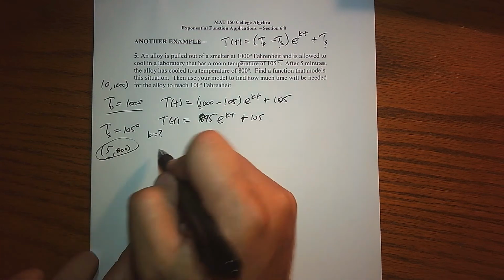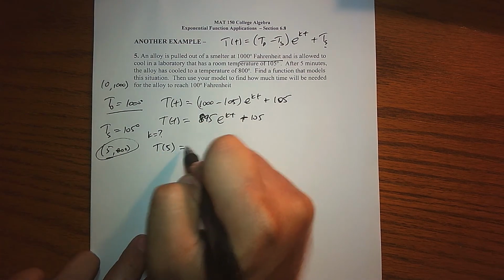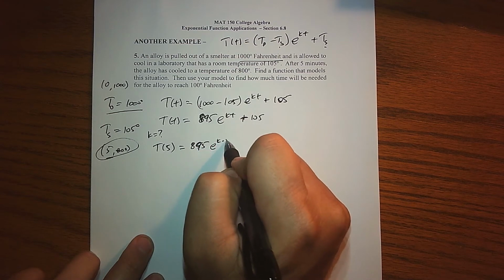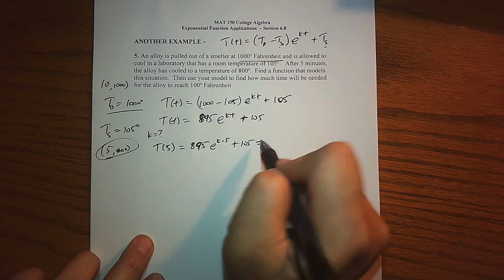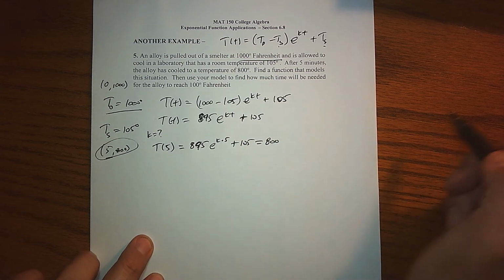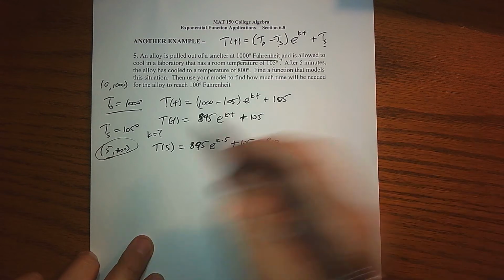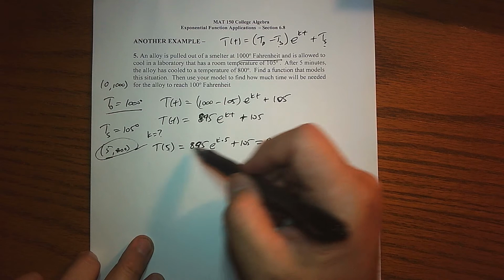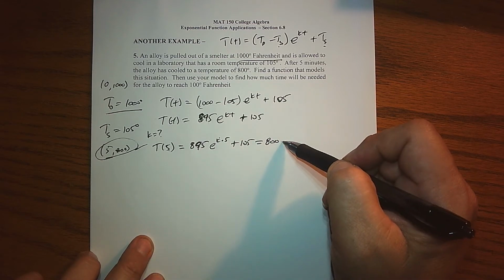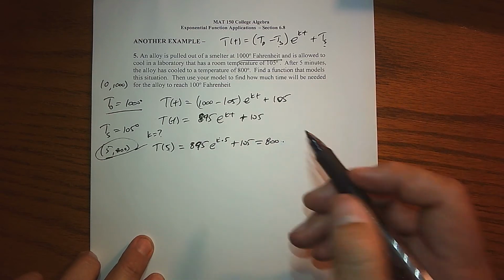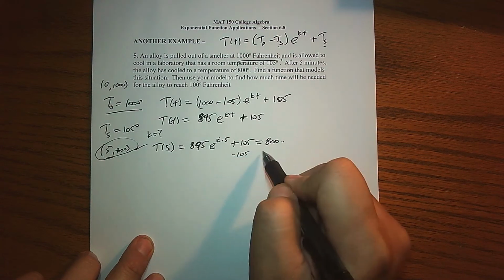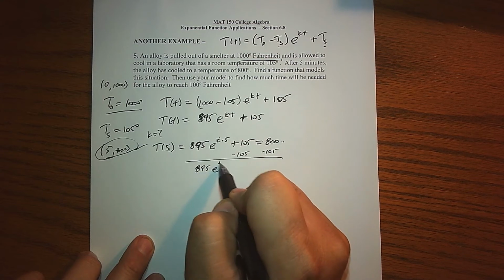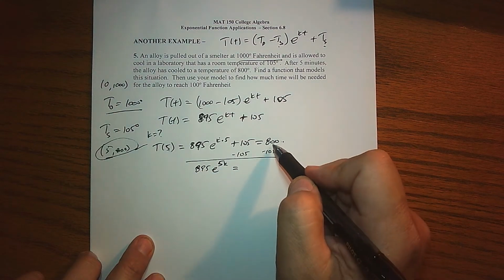We are basically saying that when you plug 5 in here, the value is going to be 800, right? So that's what that point is basically saying. So we've got to find a k that when I plug a 5 into my function, the output's 800. So we basically solve for k using some algebra. So we'll subtract 105 from both sides first. That gives us 895 e to the 5k equals, and I believe we end up with